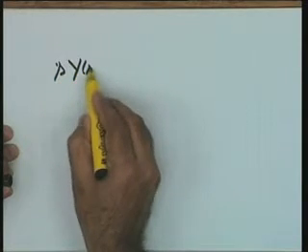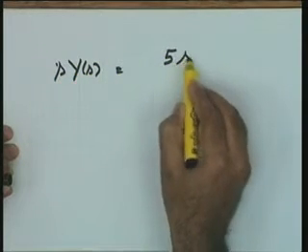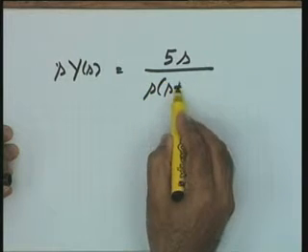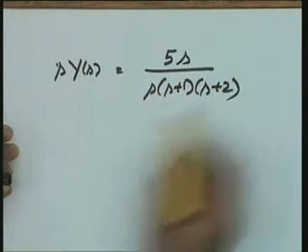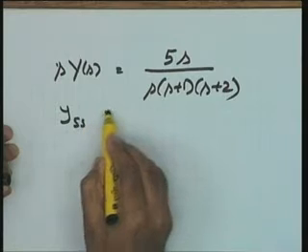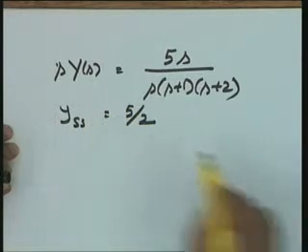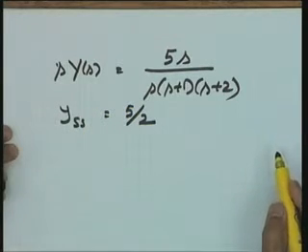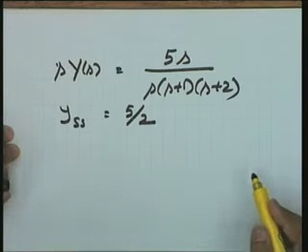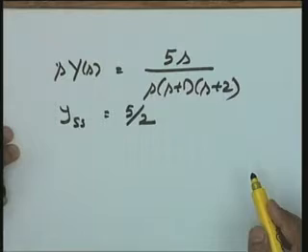So, if I apply this theorem, you recall in this particular example under consideration, the steady state value is pi by 2. So, if I apply the final value theorem, s Y(s), as you know, is equal to 5 s over s into s plus 1 into s plus 2, and therefore, Y(s) naturally by the final value theorem turns out to be pi by 2. So, it means if we are interested in the steady state behavior of the system, in that particular case directly this theorem can provide us with the results.